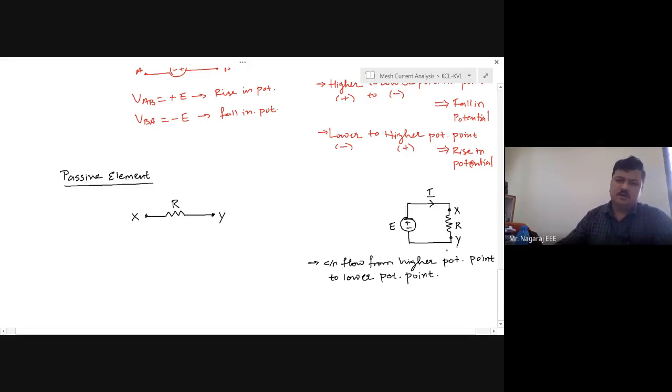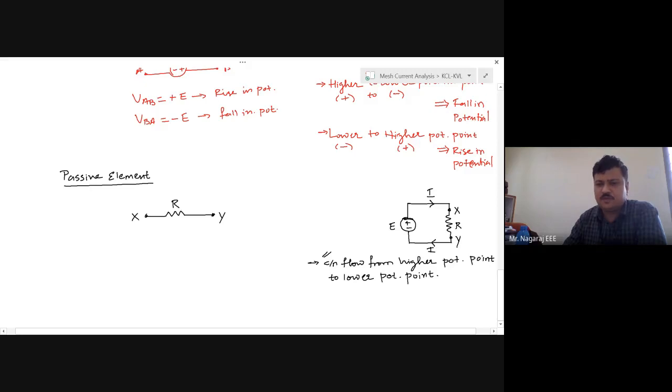Okay. Now, this is the direction of current or the path of the current, conventional current that has been assumed. So therefore, we always consider from the source, current always comes out, okay, actual current, I am talking about actual current. Actual current always comes out from the higher potential point of the source. Okay. Now, when the current has to flow through the resistor, the same thing has to be followed. The current should always flow from higher potential point to lower potential point. Now the current is entering terminal X and leaving terminal Y.